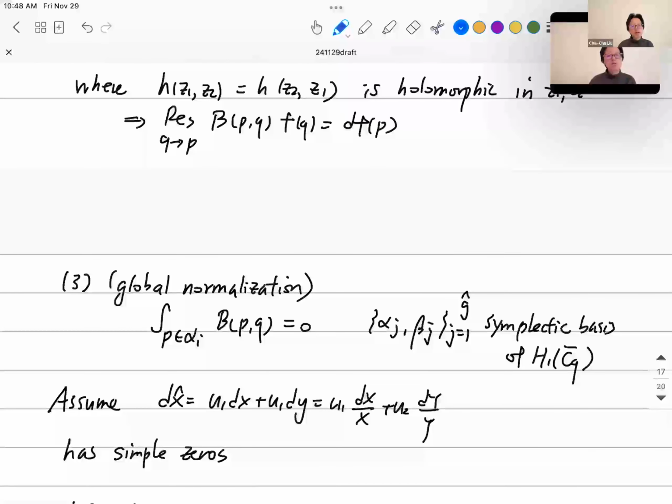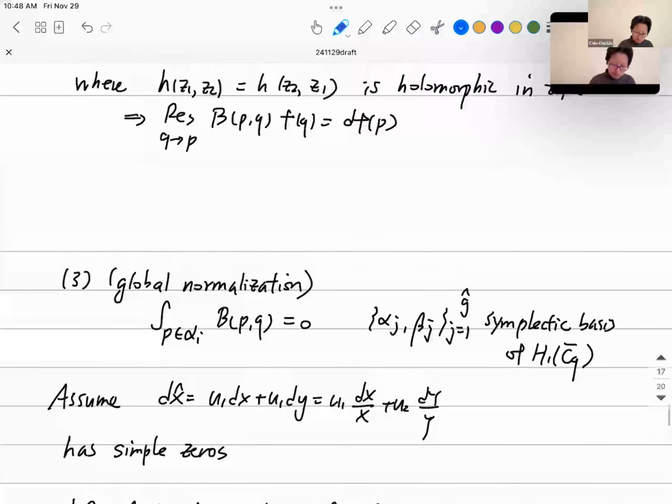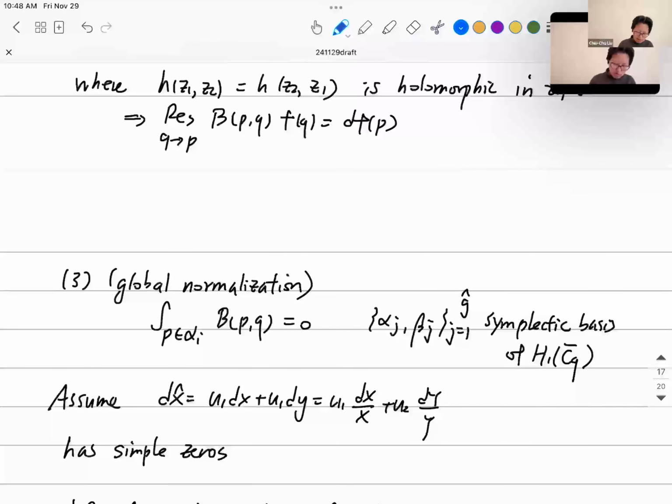And so we assume that this has simple poles. So you see that this X has log. So X is not a globally defined function, but dx hat is a nice holomorphic one form on C star times C star. So it restricts for each... So if you now view U1 and U2 as just complex constants,